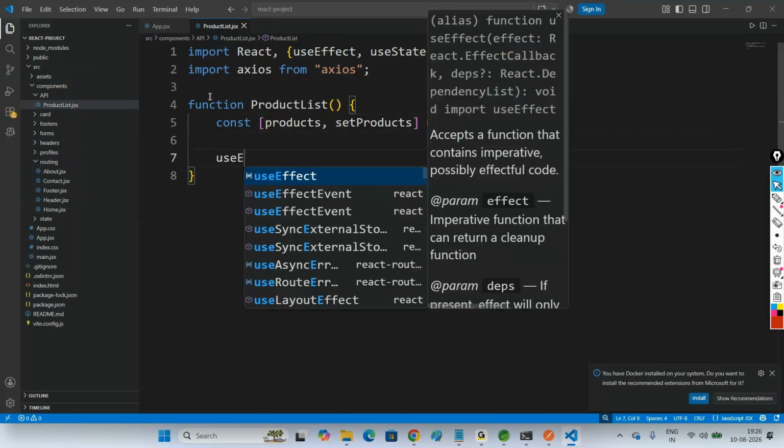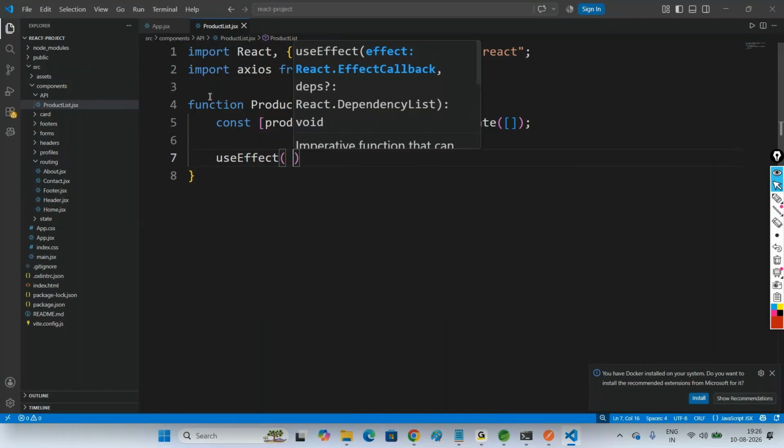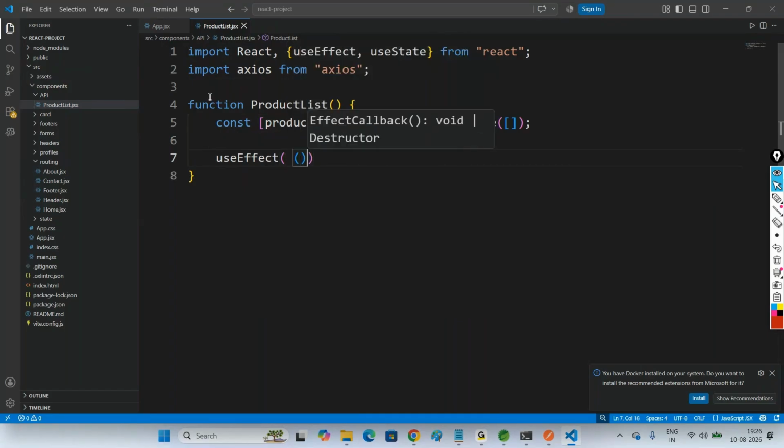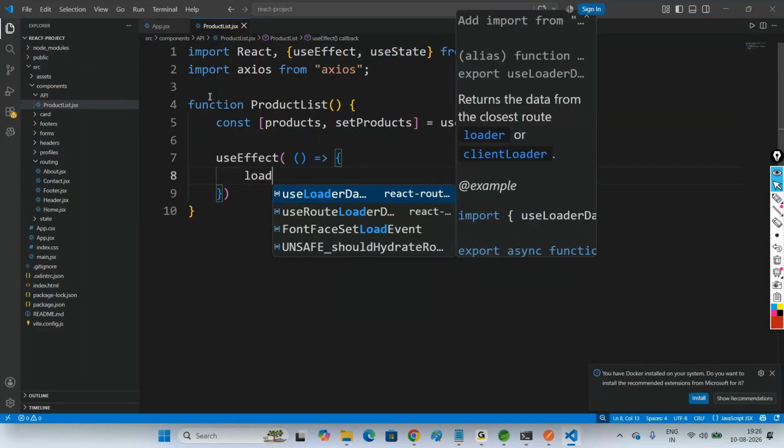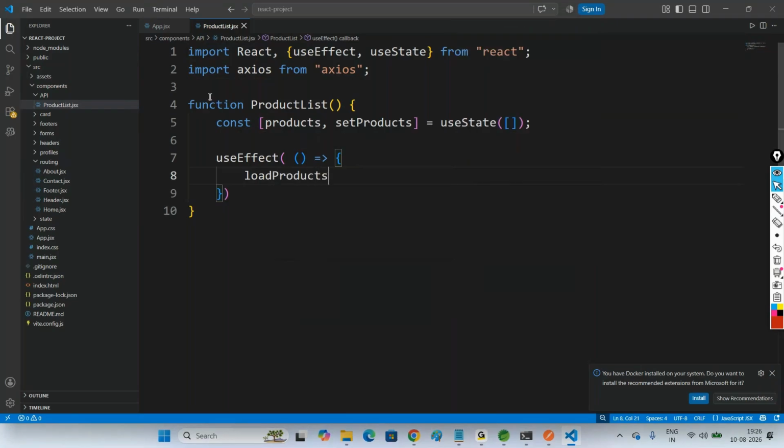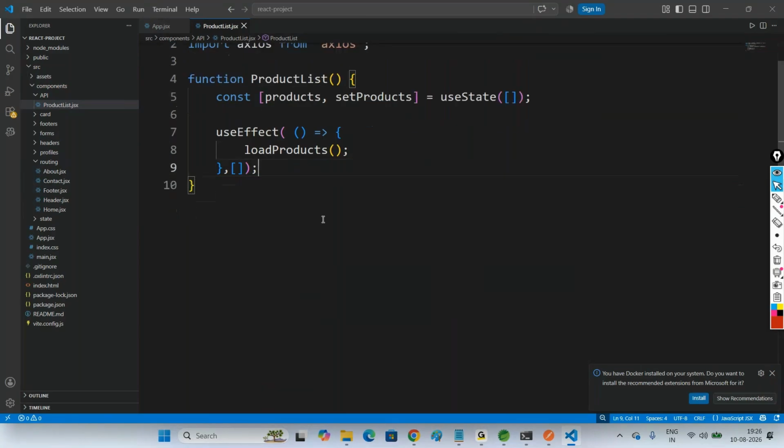Now go here with useEffect. Here we are writing the code. So whenever it goes with the useEffect, we are going to invoke a function called loadProducts. Then what are the products it's loading? We are going to store in the form of array. Then next step. Now create the function constant loadProducts